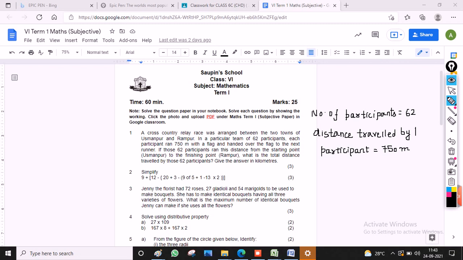So if the distance traveled by one participant is 750 meters, how much will be the distance traveled by 62 participants? So it's a clear case where we multiply because we have to find the answer for multiple participants. So therefore distance traveled by